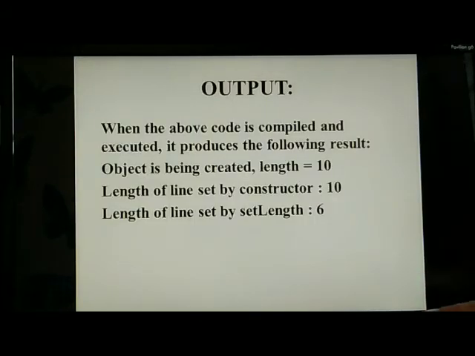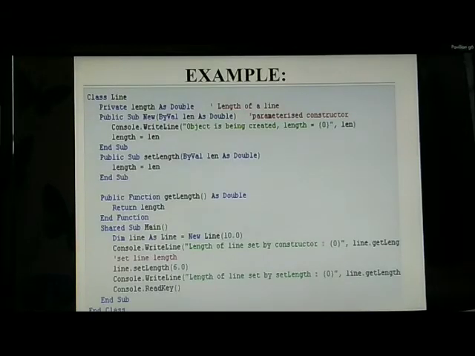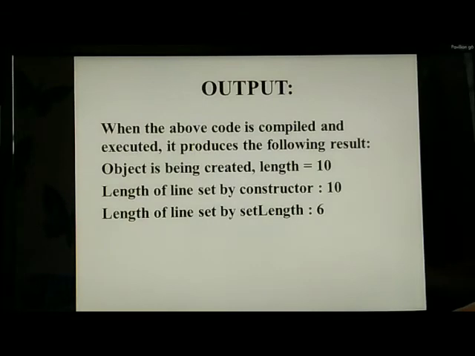When the above code is compiled and executed, it produces the following result. The first line is Object is being created, length is equal to 10. We can see the first statement which is printed is in the parameterized constructor, that is Object is being created and the length.